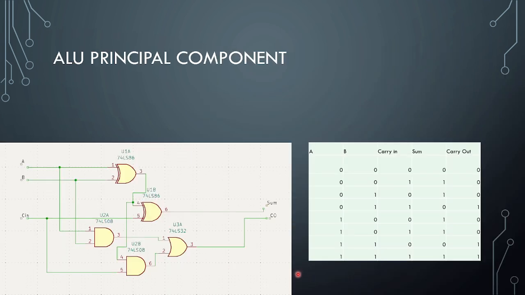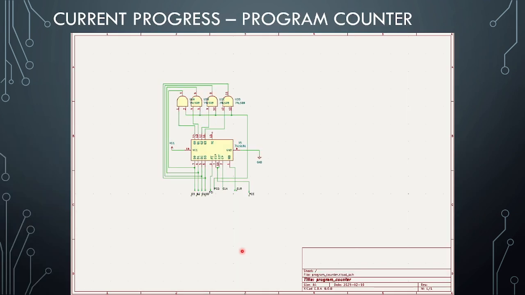And the principal component behind the ALU is the full adder, which just takes in 3 bits of information and will add them together with a sum and a carry out. And you can actually cascade these together to get any large adder that you want, which is important to realize because a lot of computer science is very small inner workings that get abstracted away until you get very complex operations. So next up we have the program counter,